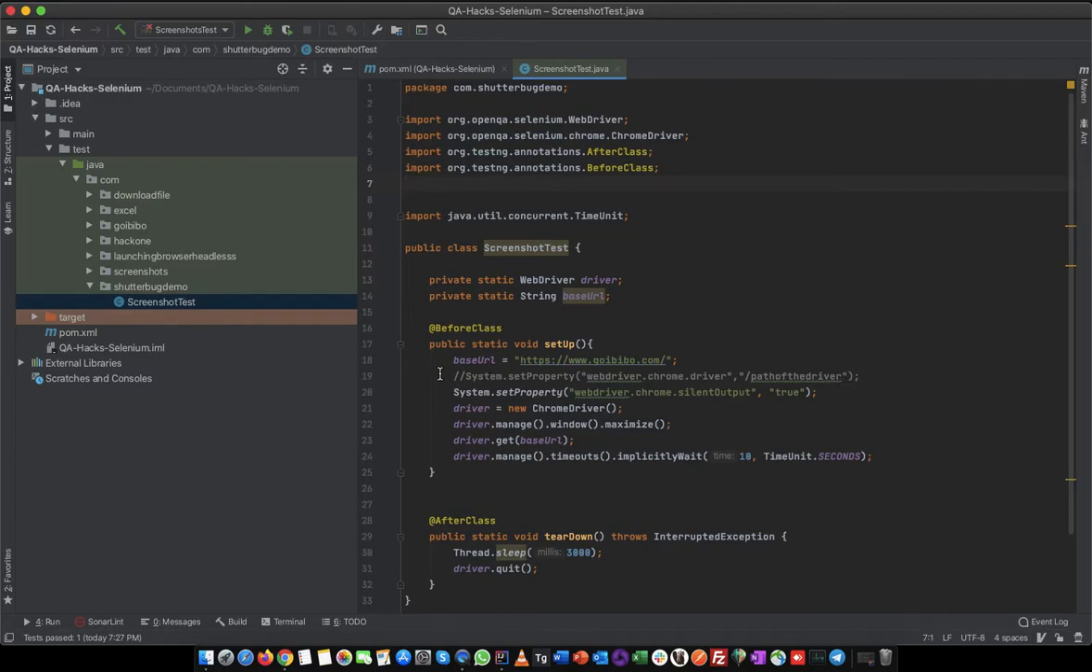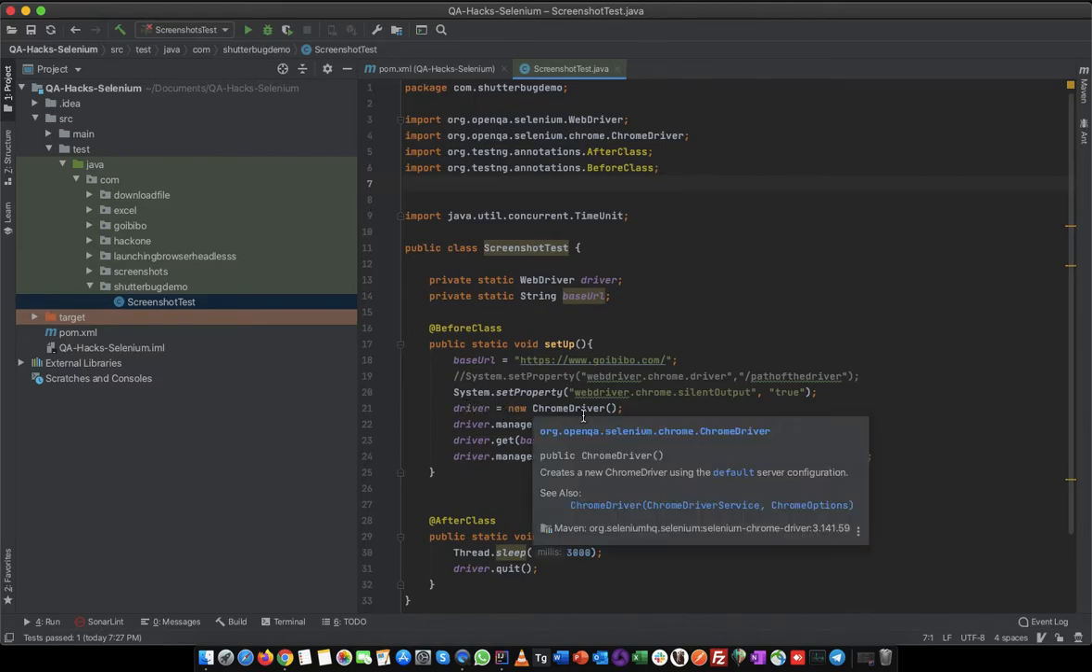I am not using the driver path as I already have the driver at my root level. And then I have added another System.setProperty variable, setting the webdriver.chrome.silentOutput property to true, just to avoid some ChromeDriver exceptions which come up when we run the script. And then I have initialized driver equal to new ChromeDriver, and then we have